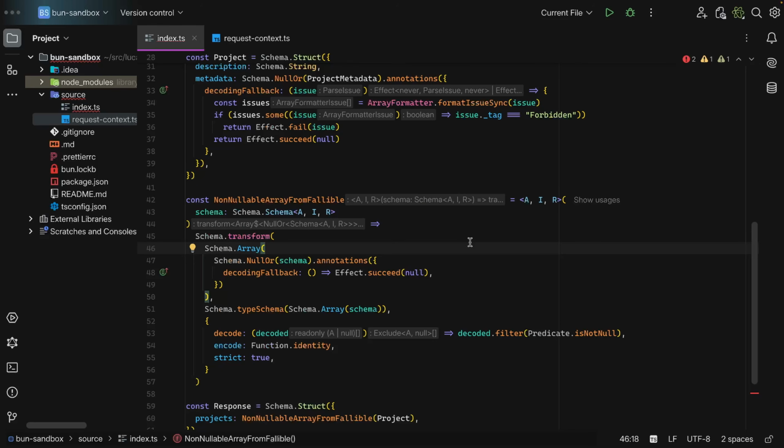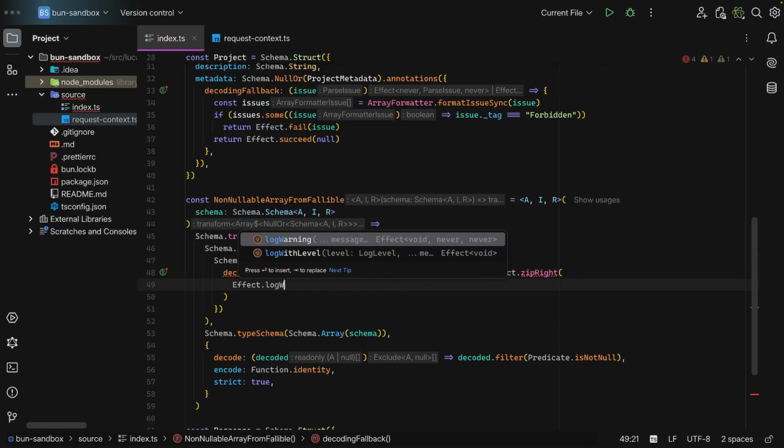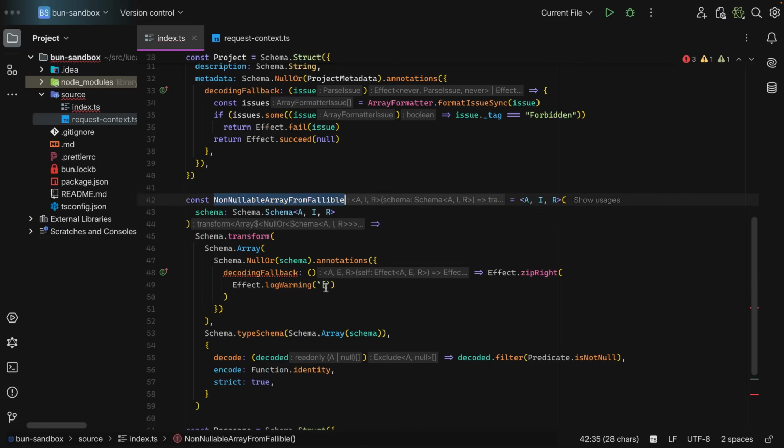Now, before closing off the video, I always suggest logging warnings if you create utilities like this, because if you have very complex schemas, it is not that easy to trace back or see why an item in particular was filtered. So for that, what I would do is use the Effect logging system, because you perhaps have it hooked up with a file or who knows what. So I would say zipRight, and then we can say log warning, and then we can say non-nullable array from fallible, and then we can say SchemaAST, and we import this from effect, and then we can say